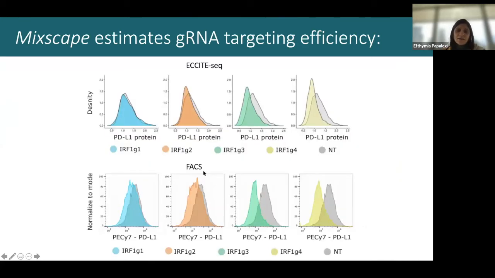And we went ahead and validated this. At the bottom panel, you see the flow cytometry results when we did single guide RNA knockouts and looked for shifts in PD-L1 expression. You see that IRF1 guide 4 and guide 3 are the ones with the strongest downregulation of PD-L1. So you can appreciate that if we just rely on flow cytometry results and single guide RNA knockouts, we might miss the true signal if the guide RNA is not efficient enough at targeting. And by removing the non-perturbed cells from a data set, we can actually boost our signal